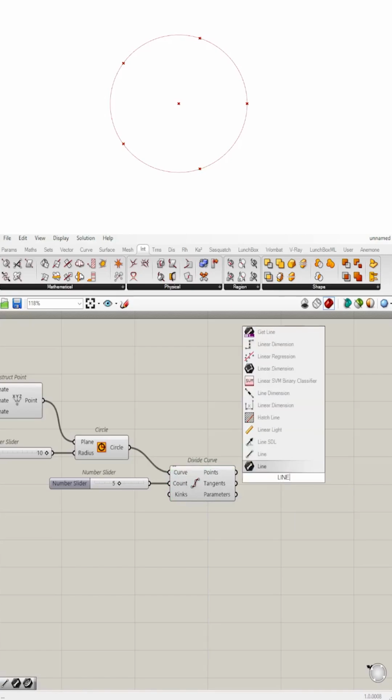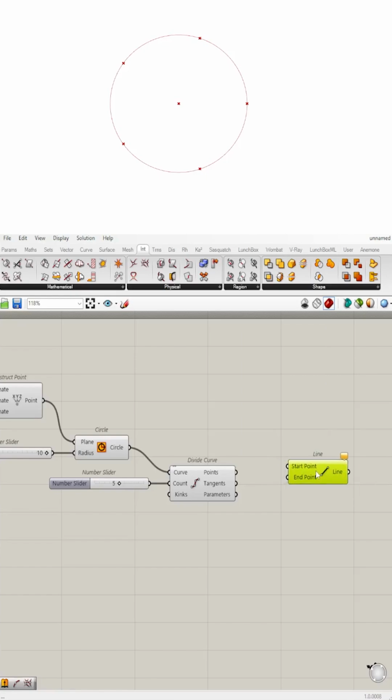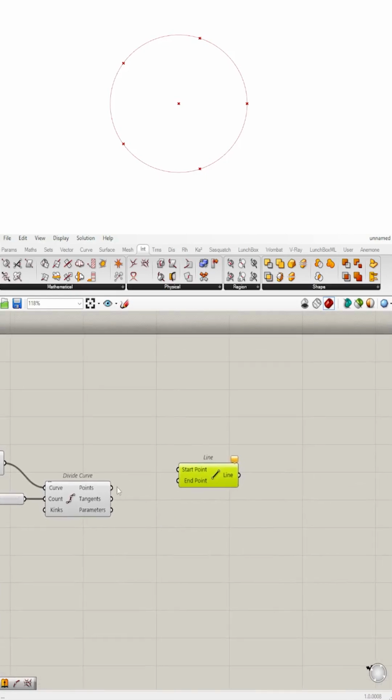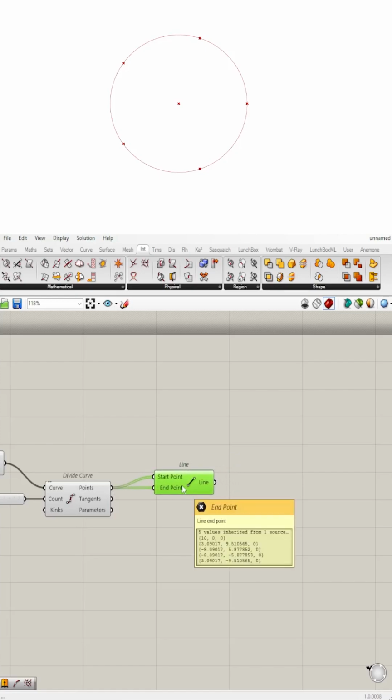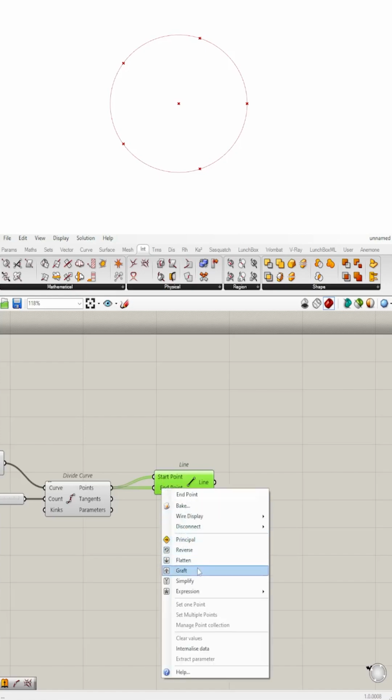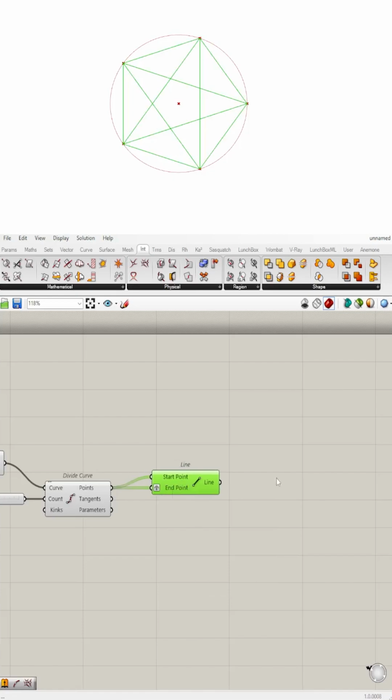Now the line segment needs to have a start and end point, this one, and we can now plug in the points for the start and the points for the end. And notice nothing's happening, and that's because they are both one long list, and therefore we need to graft one of them. So that way they all connect in the sense that this will be separated into groups, and